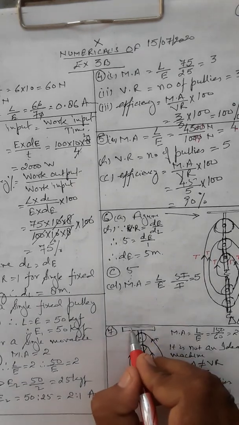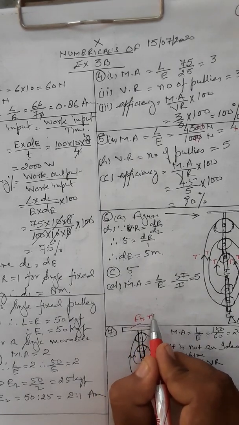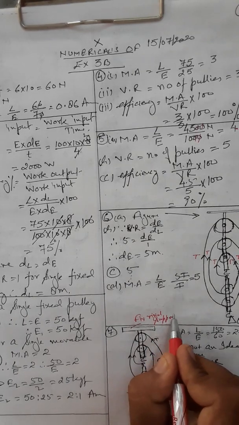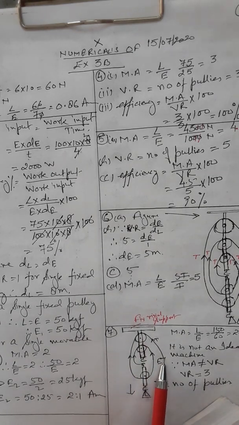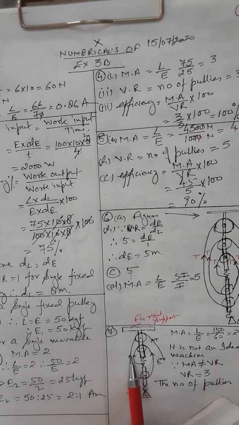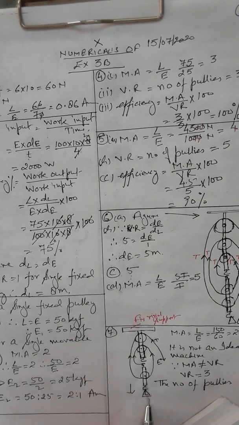We'll see. First of all, we have drawn this. This top one is a fixed rigid support. This we have to write. And 2 pulleys are in the upper block, 1 pulley is in the lower block. From the right side, at the top, we take the string to the lower block. And from the upper block, again it reaches the second pulley, and again it comes to the lower hook. At the last, the load is there.